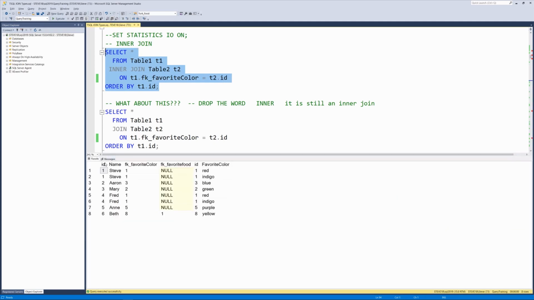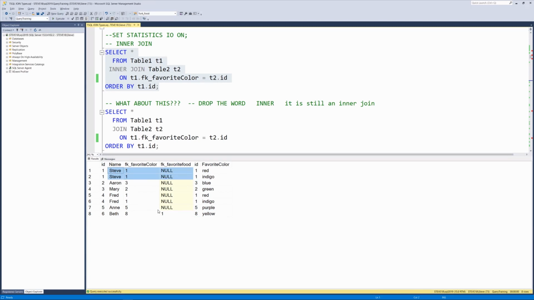And when we run that, you can see that the first columns here all came from table 1, and then the ID and the favorite color over here came from table 2. You can see that there are two people here whose favorite color was 1, which was Steve and Fred. In that example, they actually had two favorite colors because there's an error in the data. We all know that in real databases, you get mistakes made, but I wanted to use this for the example where there are two colors mapped to the ID of 1, red and indigo. Because there are two rows with an ID of 1 in table 2, it ends up duplicating these rows when it does an inner join.